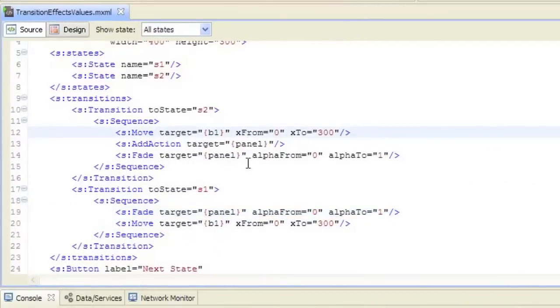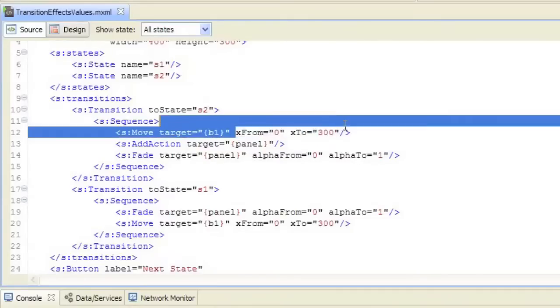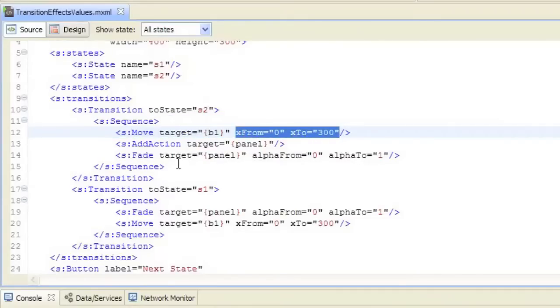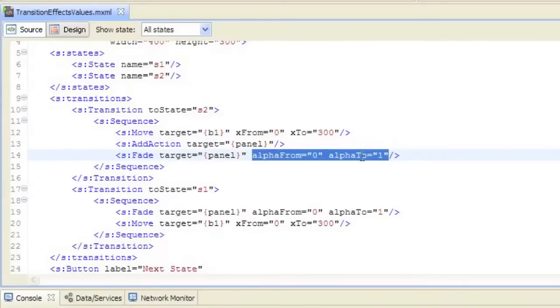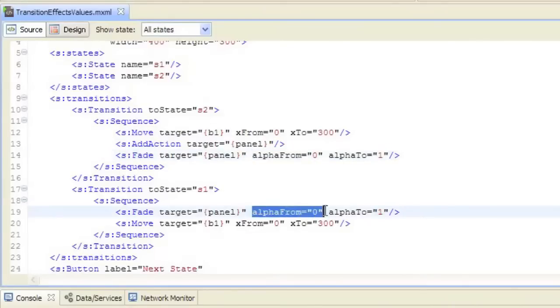And here's the problem. We have all this information embedded in the effects about what we want to do when, right? So we're saying in the transition up here, we're going from a particular x value to a particular x value in the next state. The fade is happening from 0 to 1, right? And then we come down here and we've got, well, now we're going from and to the same value,